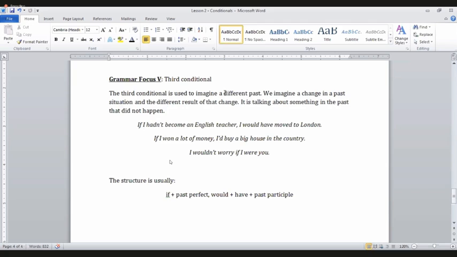Now, in the second conditional, we talked about a situation that is not possible in the future. That is, if the if clause, in the past tense, happened, something like this would happen ahead. So which is not possible in future. In the third conditional, we talk about something different. So what is the difference there? We imagine a change in a past